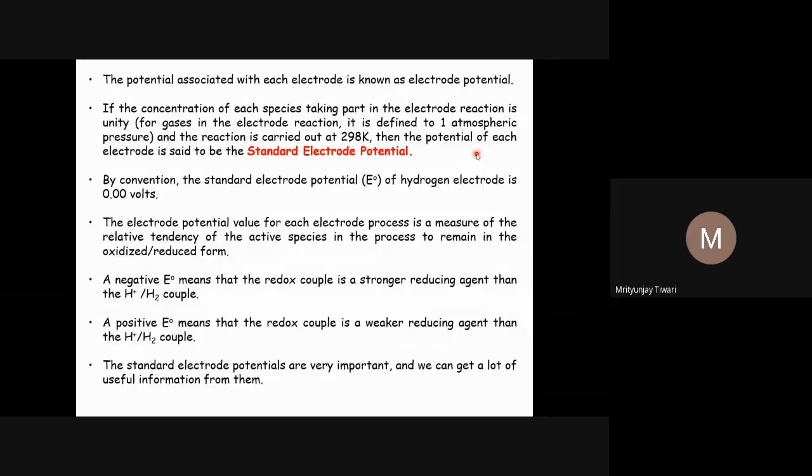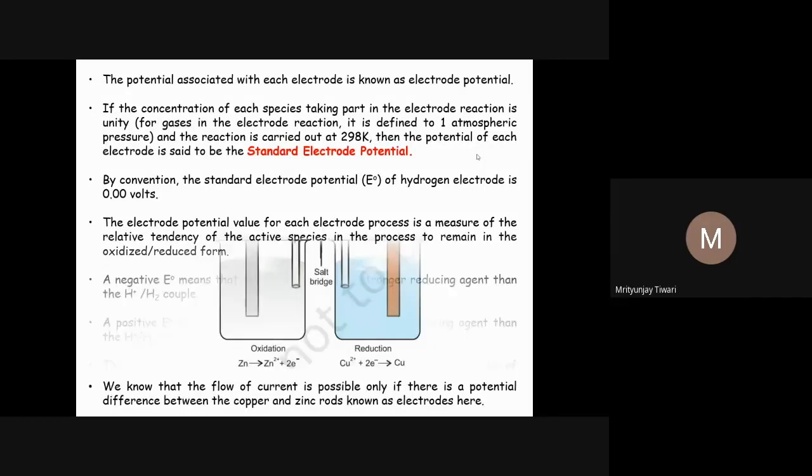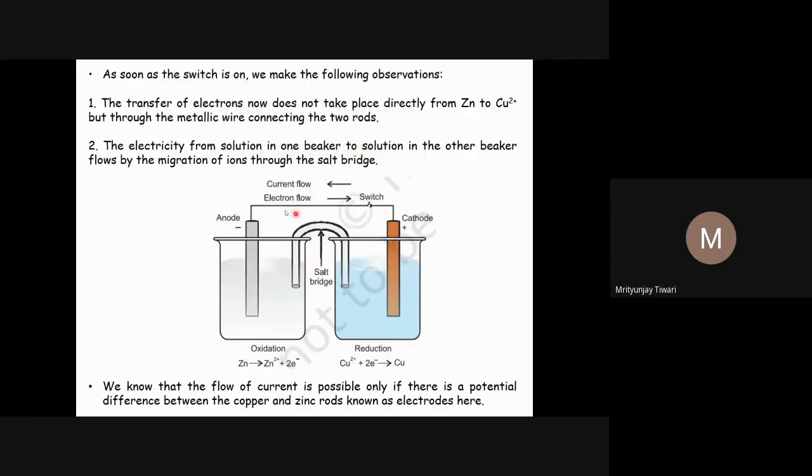Here we also define half electrodes. Why half electrodes? Suppose oxidation is happening, so you can say oxidation, which is the anode. Always oxidation happens at the anode and reduction happens at the cathode in an electrochemical cell. So the anode is the oxidation half, and this oxidation half is coupled with the reduction half, and that is why zinc is oxidized and copper is reduced here.